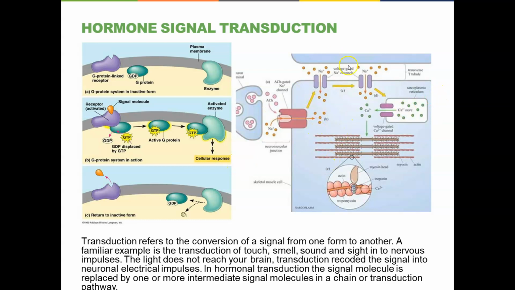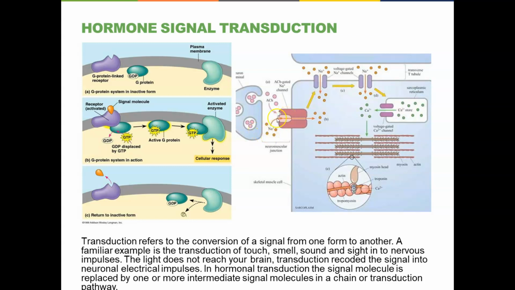Here's another example that brings a whole lot of these ideas together, another example of signal transduction. This would be contraction of muscle tissue right here. These are actin and myosin filaments. This is the meat and potatoes of muscular contraction right here. This is the molecular basis for contraction. And that process is initiated by a neuron taking in an action potential that reaches the end of the neuron. It causes vesicles of neurotransmitter to be released, a signal molecule. This would be a paracrine example right here, because this cell is real close to the cell, and this is interstitial fluid right here. And the signal molecule binds to a receptor right here.